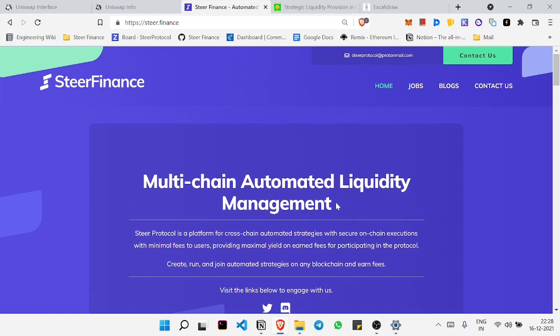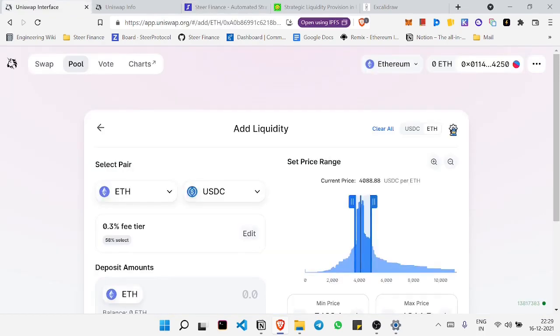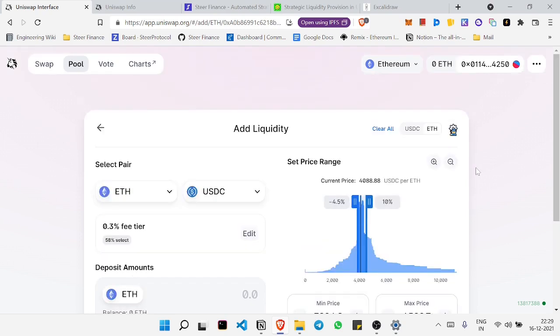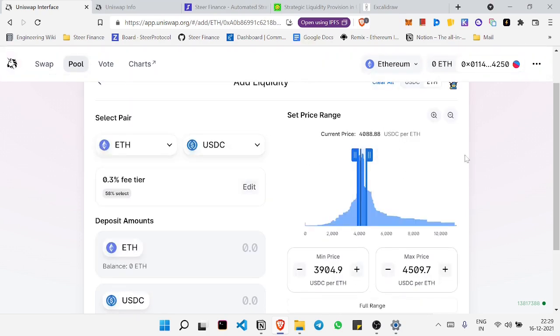To make some sense out of liquidity management strategies, we can just dive into Uniswap v3's interface and understand what the process of deploying liquidity looks like. So Uniswap introduced the concept of concentrated liquidity to the DeFi world. Now, with Uniswap v3, I can select a price range where I want my liquidity to be active. So I can say that my liquidity should be active in this particular price range, and it would only earn